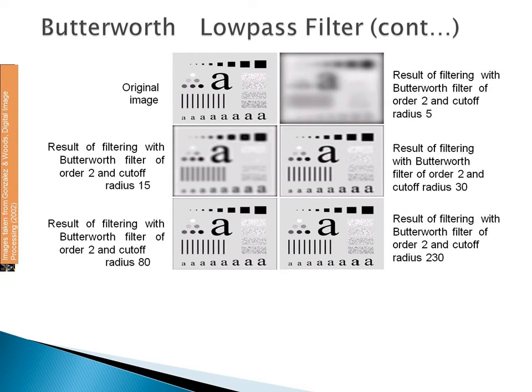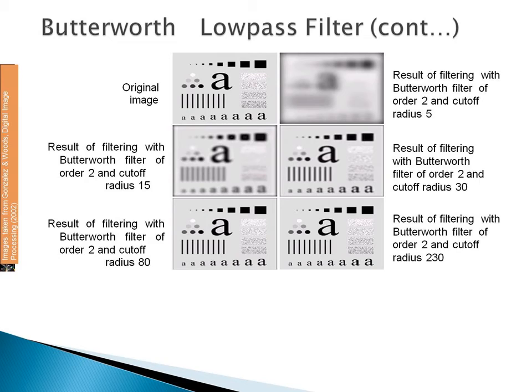In this picture, we can see the results of applying the Butterworth low pass filter with n equal to 2 and D naught equal to a radius of 5. Unlike the previous results for the ideal low pass filter, here we can observe a smooth transition in blurring as a function of increasing cutoff frequency. No ringing is visible in any of the images processed with this Butterworth low pass filter. This is attributed to the filter's smooth transition between the low and the high frequencies. So it is better than the ideal low pass filter.